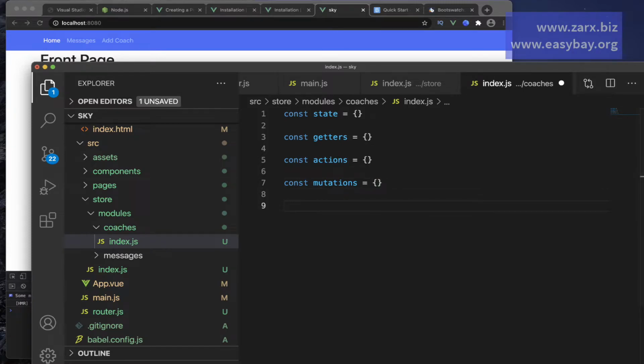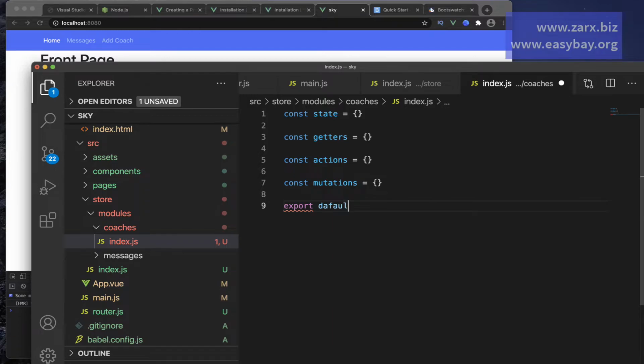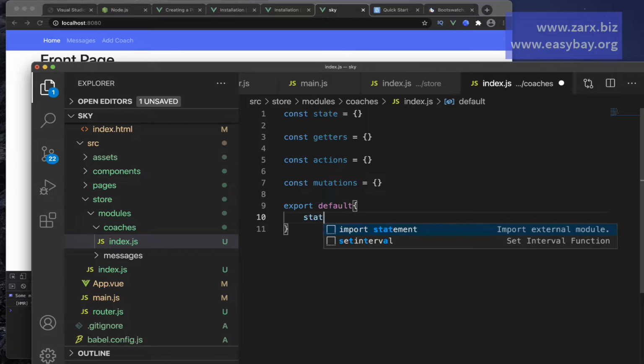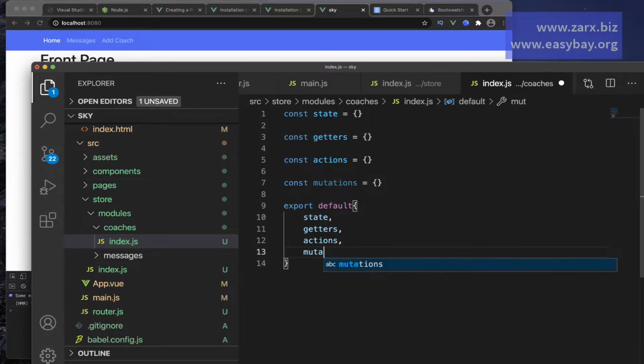Now, as we created these constants, we need to export these. So we say export default, and the spellings are wrong. Export default, and we need to export an object where we're going to call state, and we're going to call getters, actions, and last mutations. All right, so yeah, all set. Now we can save this. So we just created